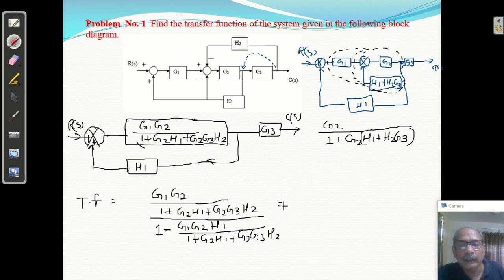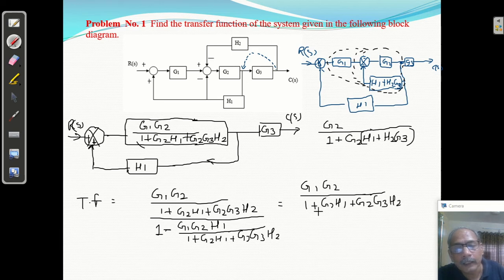So if you solve it, you will get G1 G2 upon, this is 1 plus G2 H1 plus G2 G3 H2 minus this, minus what? G1 G2 H1, G1 G2 H1, right? So I got